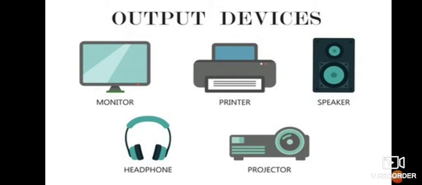Data projector is an output device that projects the data being displayed on the computer screen onto a larger screen so that the audience can see it clearly. You have noticed that in all of the classes in your school there is a data projector. It is used to display whatever is on the computer screen on the larger screen so that everybody is able to see it clearly.